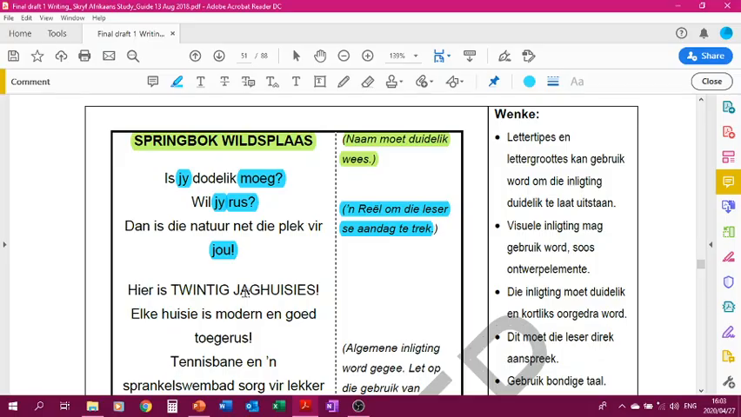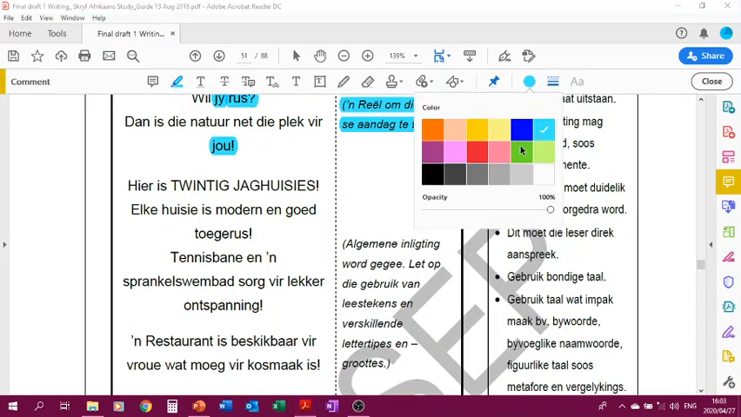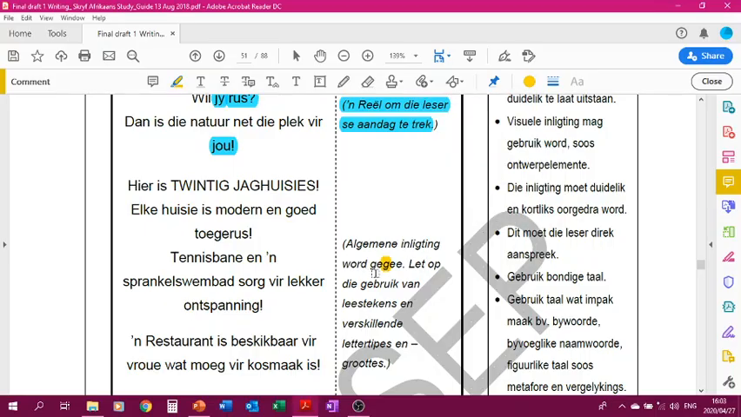Okay? Is jy dodelik moeg? Wil jy rus? Dan is die natuur net die plek vir jou. So are you deadly tired? Or do you need rest? Then nature is just the place for you. Okay. Dan moet jy algemene inligting gee. Let op na die gebruik van leestekens, verskillende lettertypes en lettergroottes. So general information is given then, and obviously look at the use of punctuation, different letter types, different letter sizes,